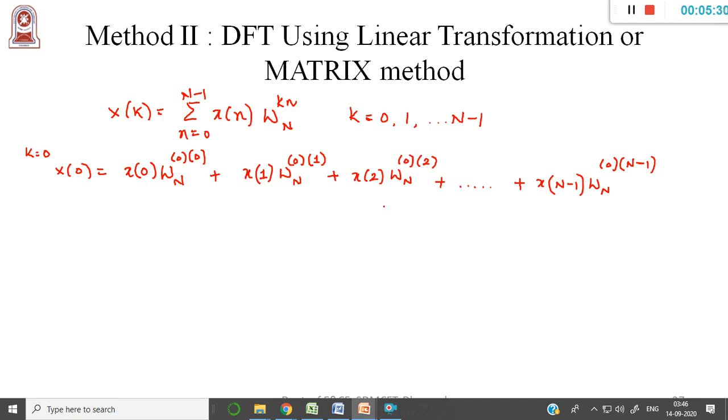So now this is the first sequence. This is how we calculated in the previous class. If I want to go for the second sequence, I put k equal to 1. Now X of 1 is calculated in such a way that once again I put n equal to 0 first, W_N with k equal to 1 and n equal to 0, that is the first term, right? So next is x of 1, again W_N.